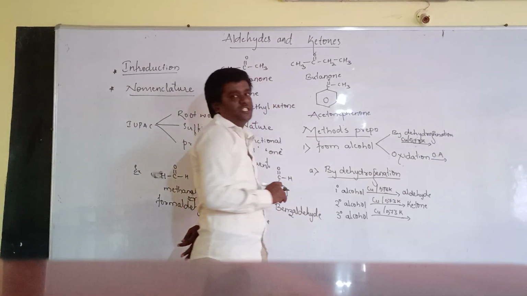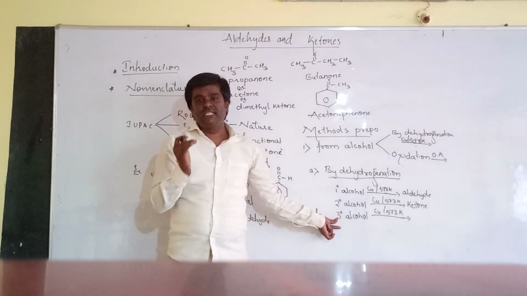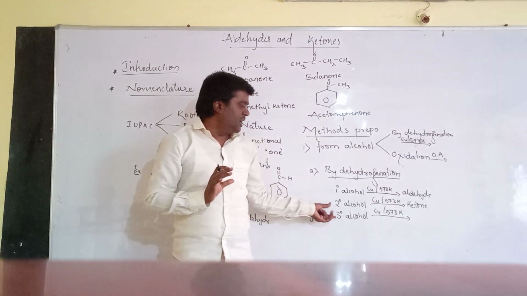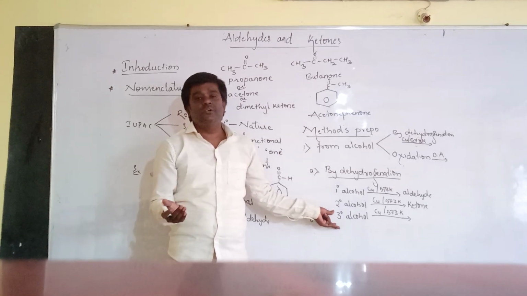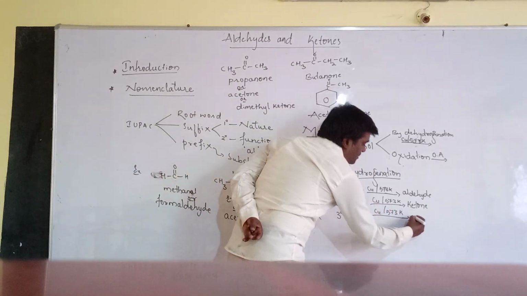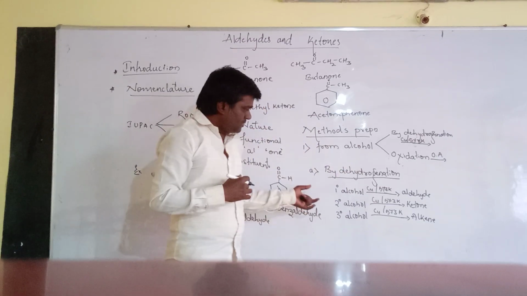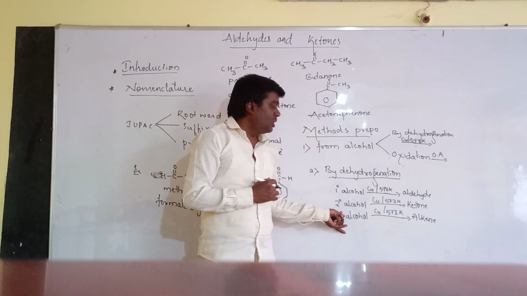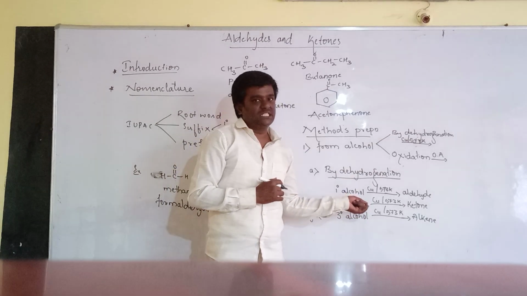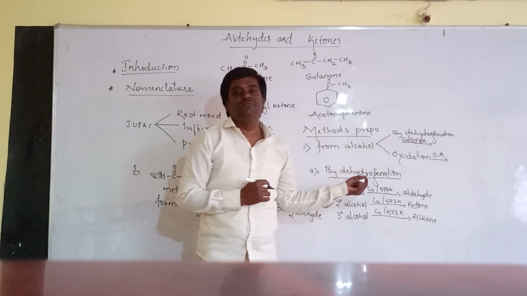Why will it undergo dehydration? Because in tertiary alcohols, the carbon atom where the OH group is present does not contain any hydrogen atom. Therefore, it will not undergo dehydrogenation, but it can undergo dehydration to form the compound alkene. In the next class, we will study why tertiary alcohols undergo dehydration to form alkenes. In this reaction, the alpha beta unsaturated alkenes will be produced.